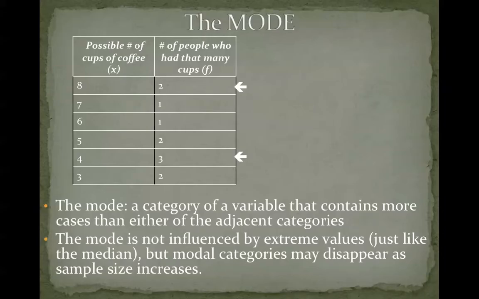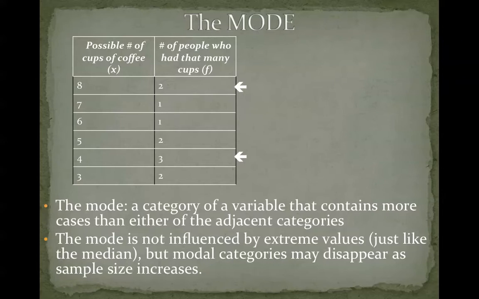So now we're going to talk about the last measure of central tendency, which is called the mode. And you may have heard about the mode before in your previous stats class. The mode is probably the least common measure of central tendency, and some people might argue with me, but I think it's probably the least useful in some ways. But the mode is essentially just the